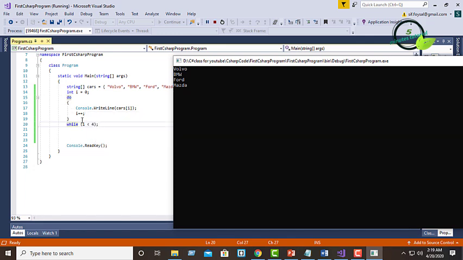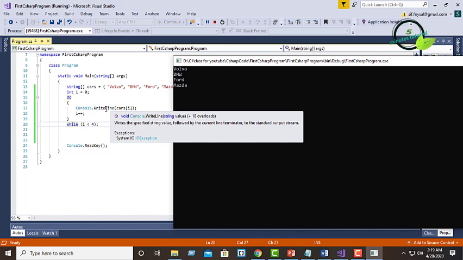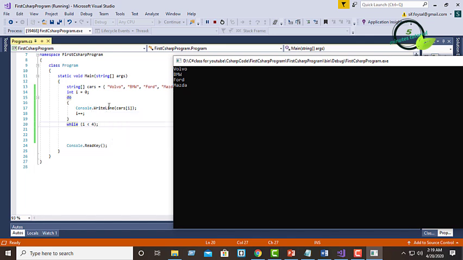The condition is true, then it is re-entering into do, then it is printing cars[1], BMW, then i's value is incremented by 1, then the value of i is 2, then it is checking is 2 less than 4 or not. So that is how the do while loop actually works.